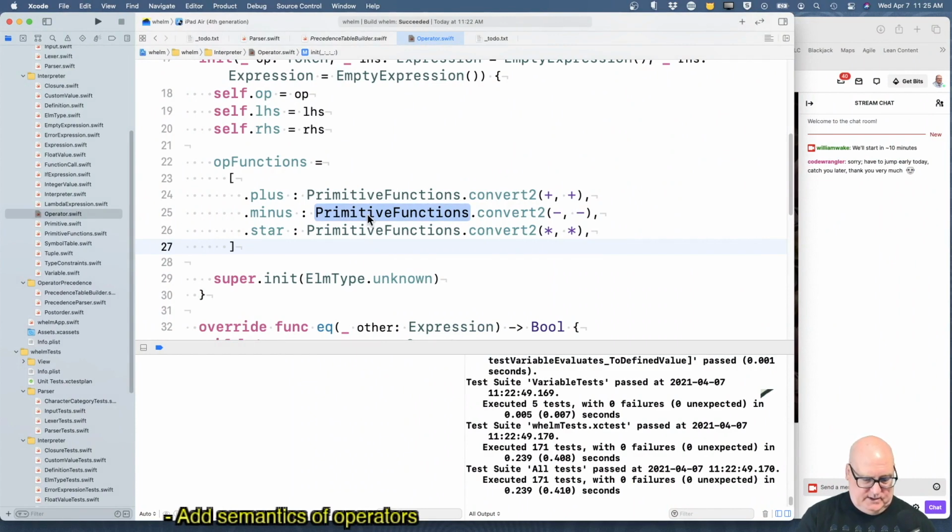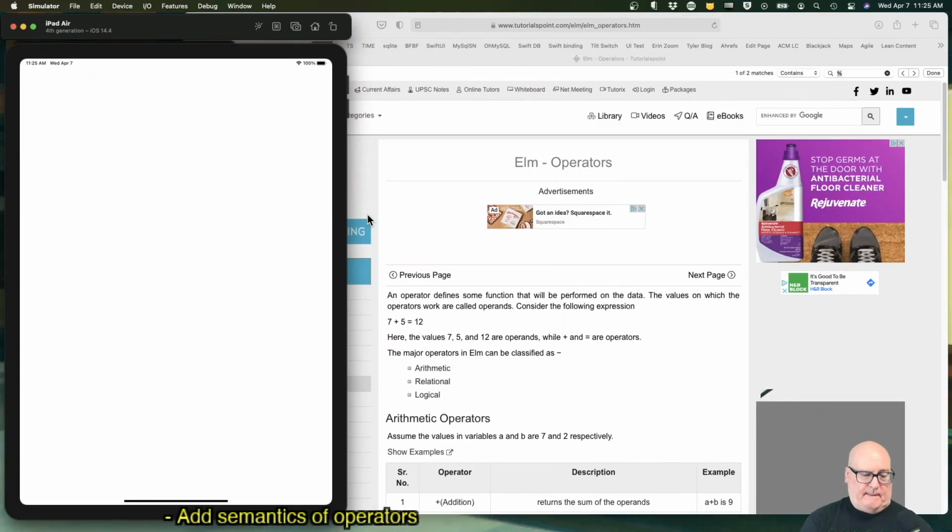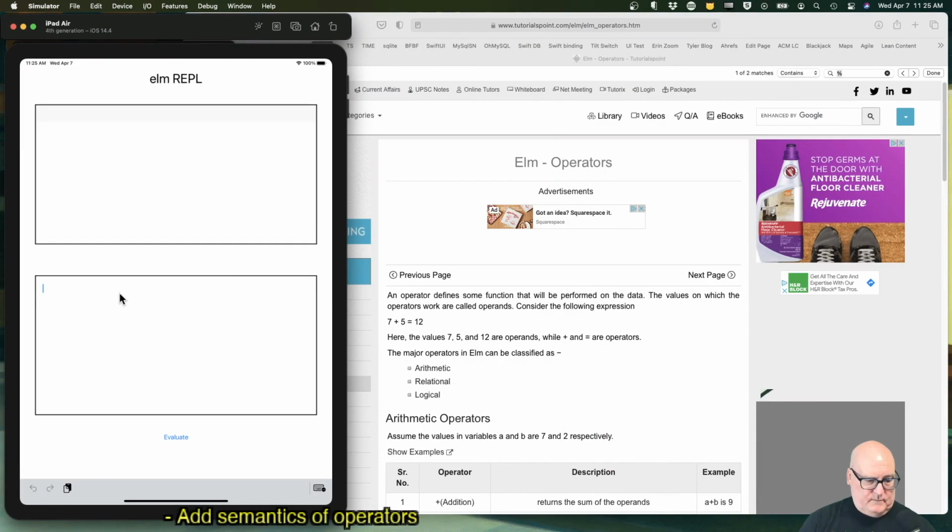And we can rerun. Let's make sure this works for the expressions we want. Three minus 4 plus 2 plus 4, 5. Okay, should be 4. Plus 2 times 10 should be 24. All right. Cool.